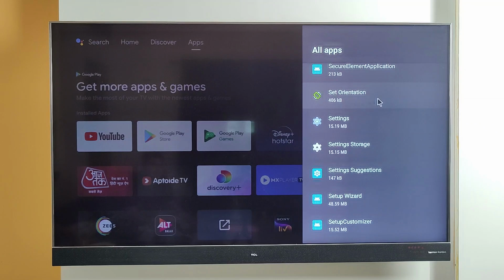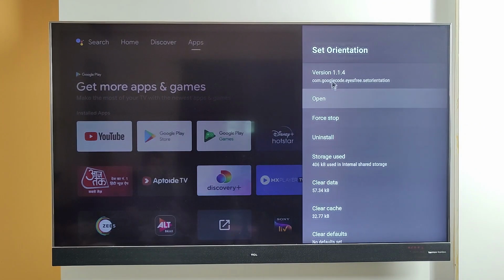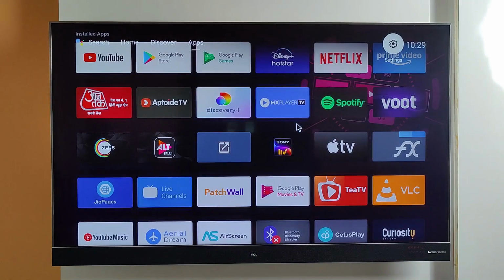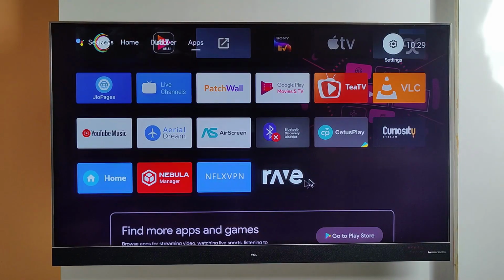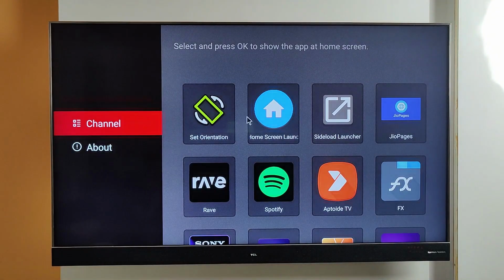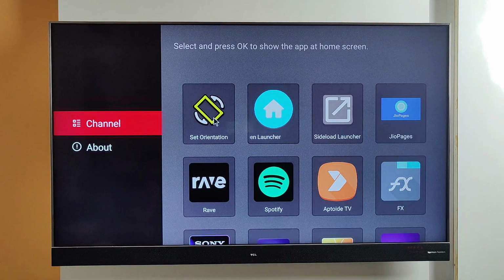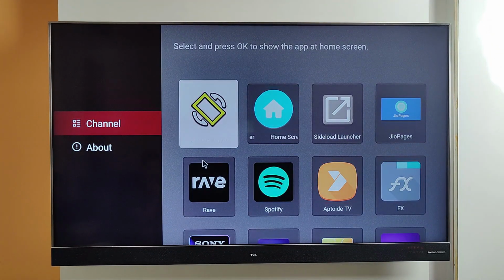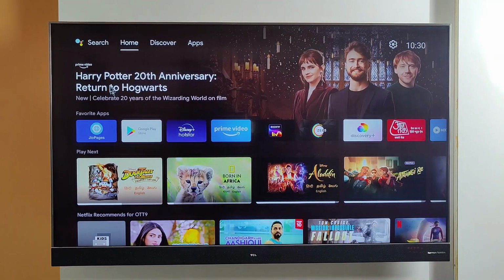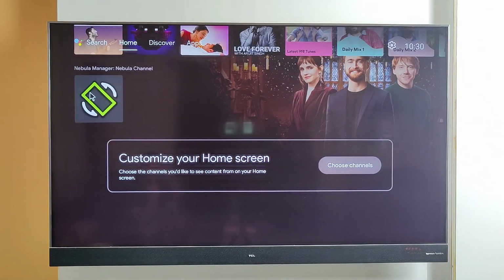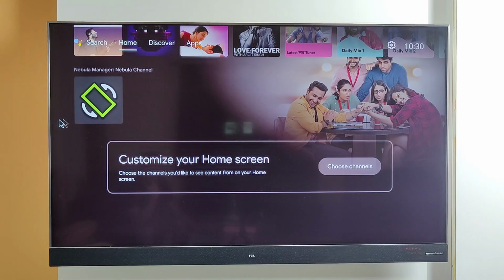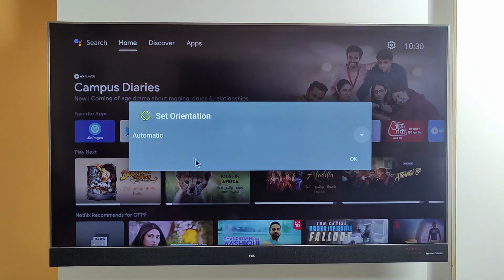As you can see here, I have sideloaded the Set Orientation app, but it is not reflecting in my app list. Now I will go to Nebula Manager, and under Channel I can see the first option as Set Orientation. Select this app and go back to the home screen. Now I can find the app on the screen under the Nebula channel. A small app but very useful if you have lots of sideloaded apps.